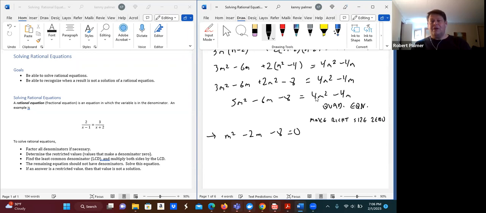So once again, what I did: subtracted 4m squared from both sides and made this just m squared. Then I added 4m to both sides, to get rid of this. So this side is now 0. This is going to be negative 6m plus 4m, which is minus 2m. Okay. Now,